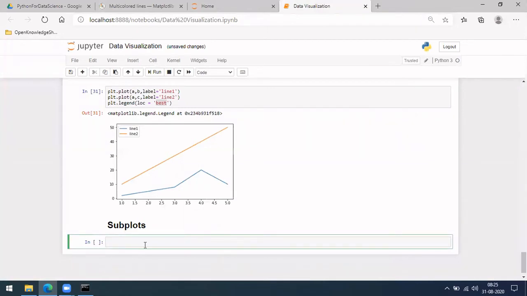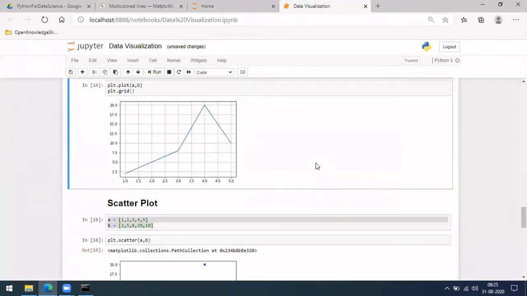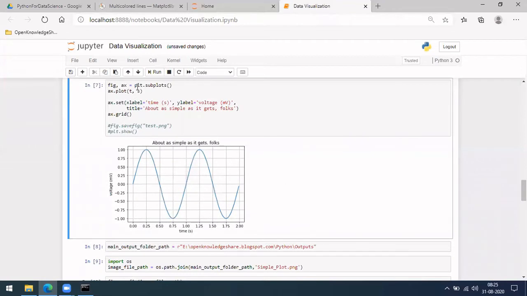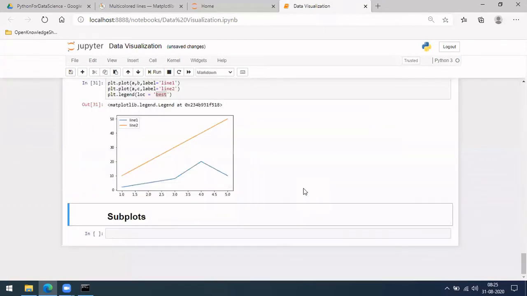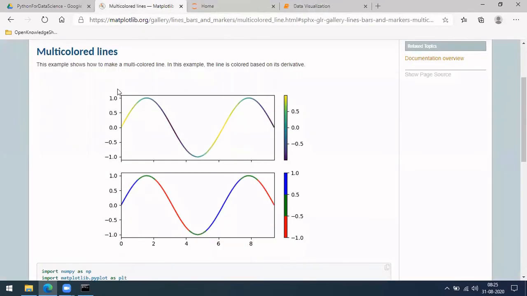Okay, so for this subplot, what difference does it make? Like earlier, this plt.subplot will be useful mainly when you want to do multiple graphs at a time, not in the same graph. Just that kind of example I showed here, something like this. If this complete thing is the same graph, both are sharing the x-axis here.